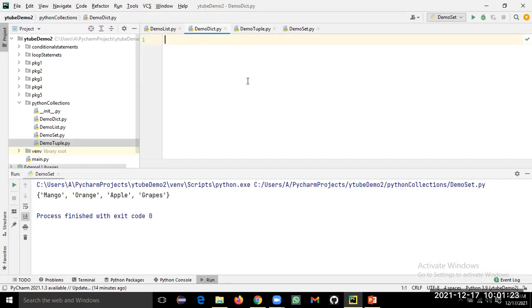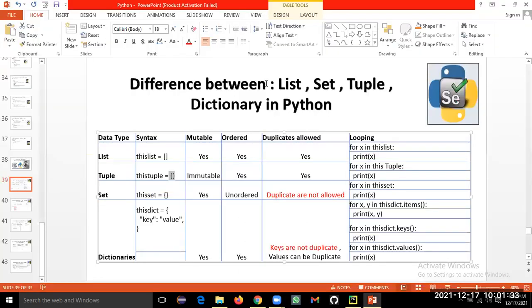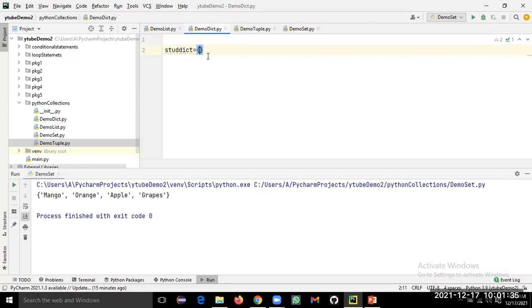So let's say student dictionary equal to, and this is the syntax. We will go to the next line for better readability. Here, let's say 1 is a student ID, and the value we will take is John.